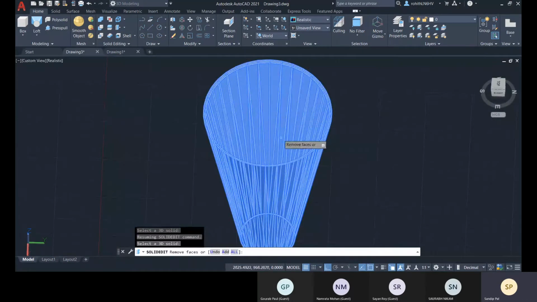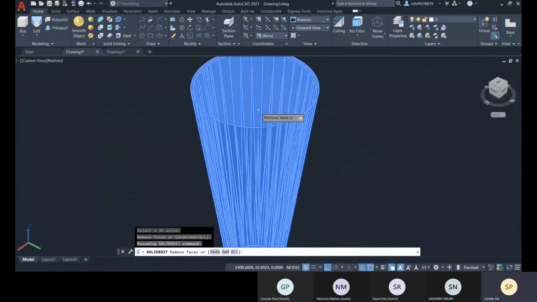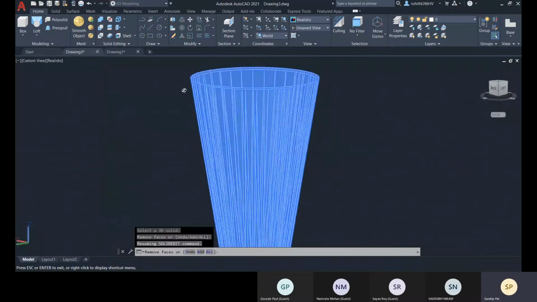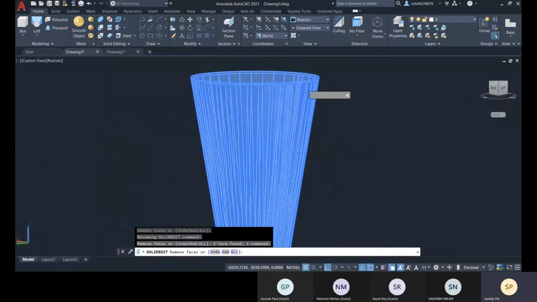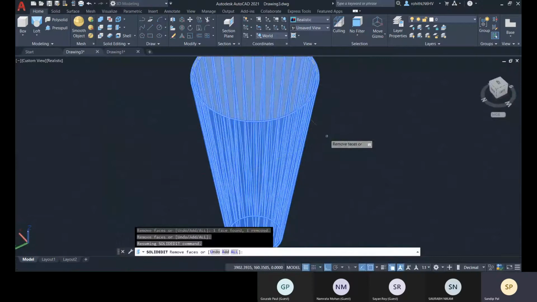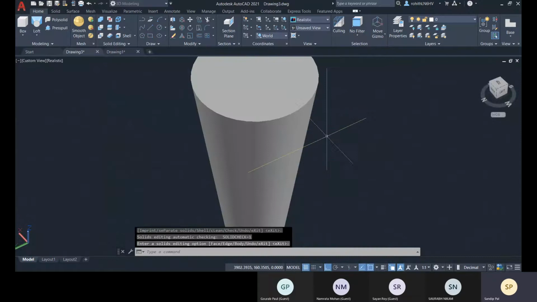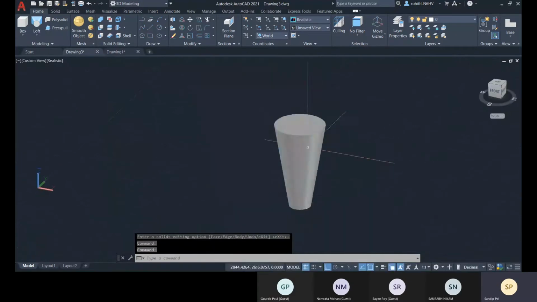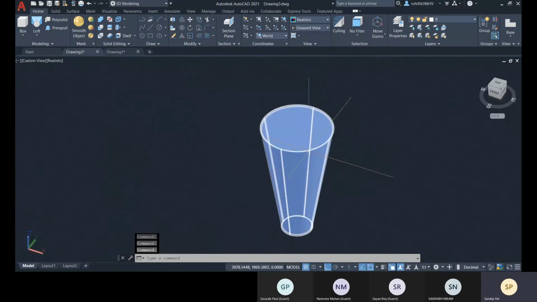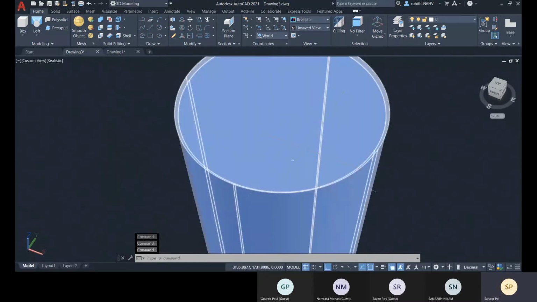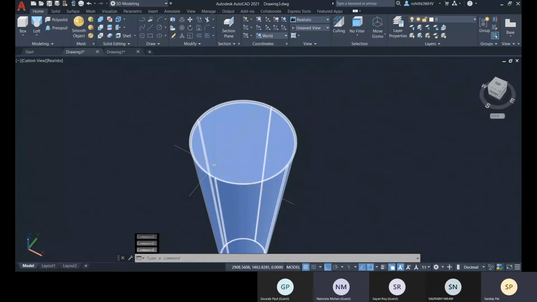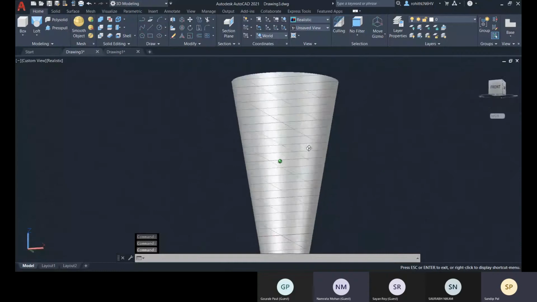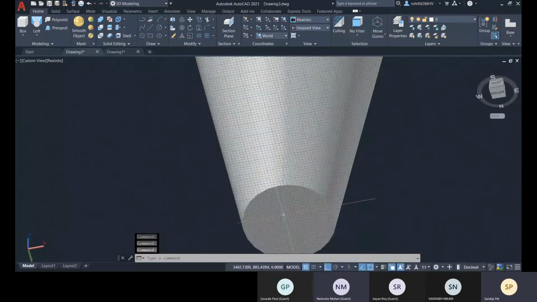Now let's go with this shell option. Select this object, which face you want to remove. Select this top face. Okay, make sure you are selecting the right face. Top face is selected. Enter. Now give the shell offset 100. Enter. Enter. What's happening? That should be done properly. The diameter is small, no? So 100 can't be done, bro. Diameter, I guess it is how much? 350. Yeah, it is.